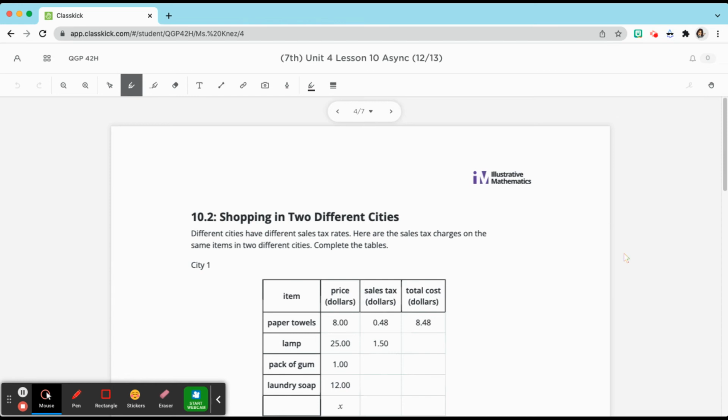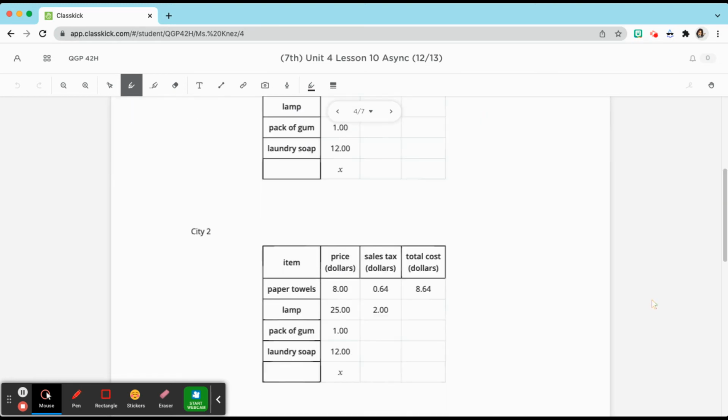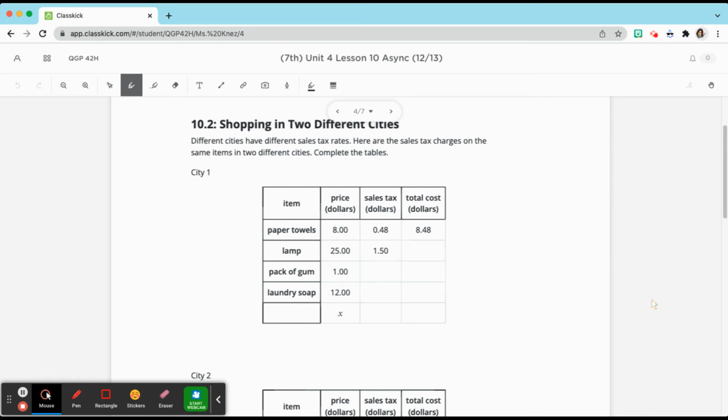Slide 4 says some cities have different sales tax rates. Here are the sales tax charges on the same item in 2 different cities. Complete the table. So, in order to complete these tables, we need to determine what sales tax is being charged. I'm going to show you how to complete table 1, and then I'll give you an opportunity to complete table 2. I can see that in table 1, an $8 roll of paper towels is being charged a sales tax